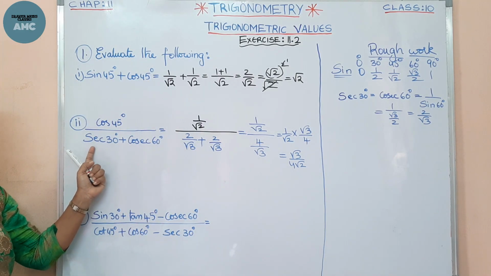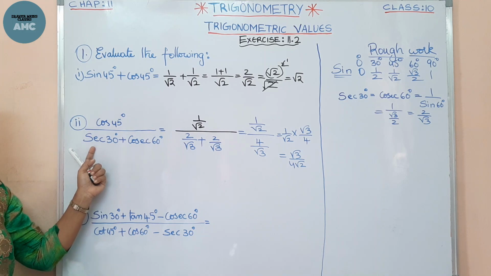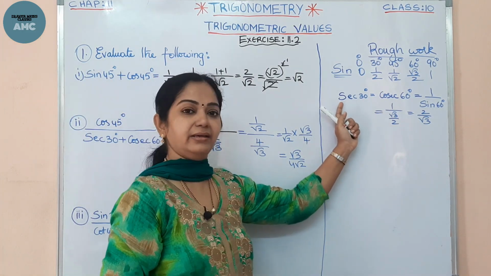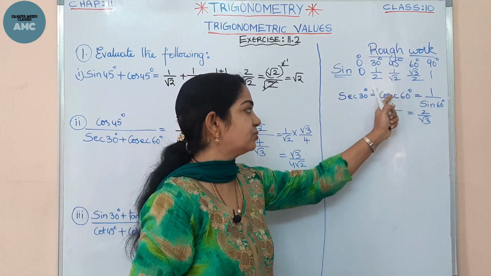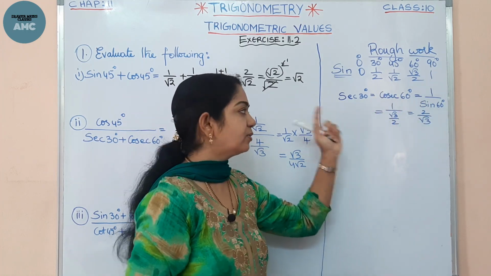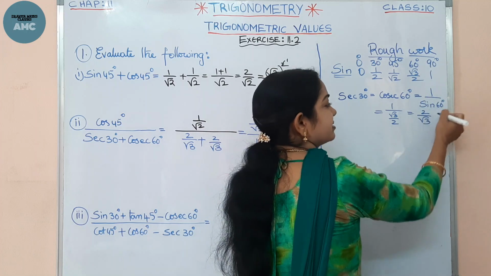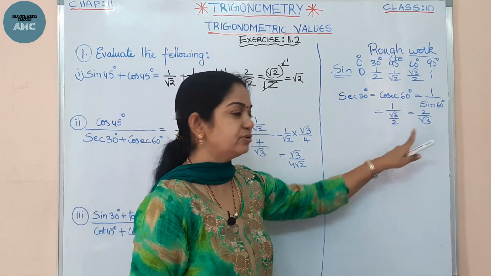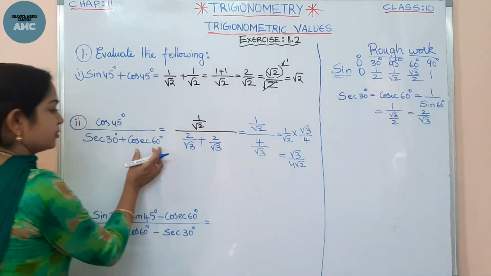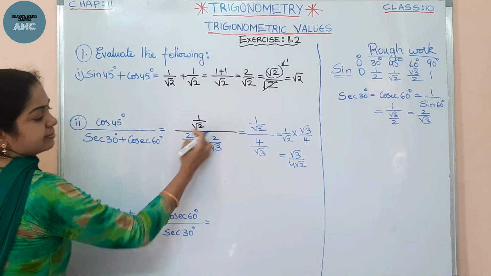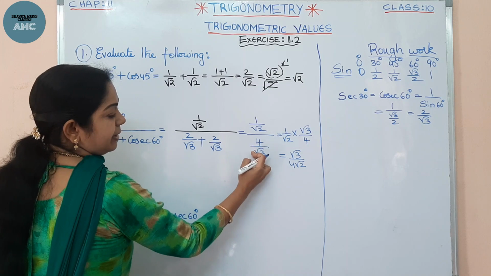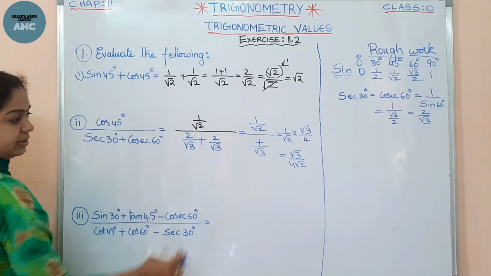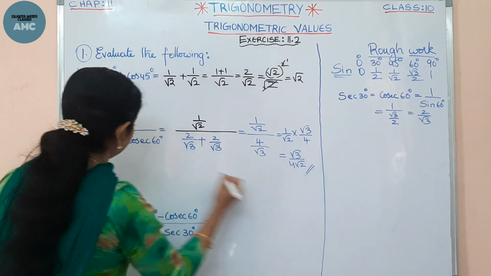Here secant 30 degrees. Again I am repeating, secant 30 degrees I have changed into sine value. Secant 30 has the complementary angle, so it is cosecant 60. Now cosecant 60 is 1 by sine 60, isn't it? So substituting the 1 by sine 60 value, you get 2 by root 3. The same, cosecant 60, 2 by root 3. So this comes to the LCM part. If you take 4 by root 3 here, bring it to the top, it becomes this. This is the value of the second one.